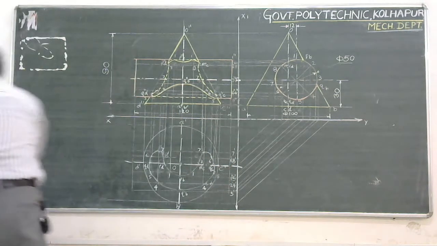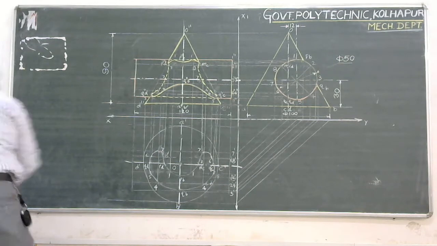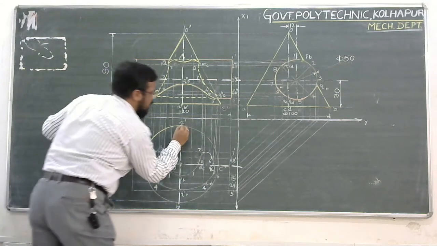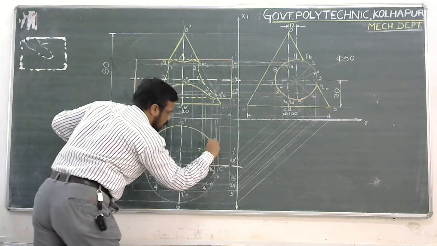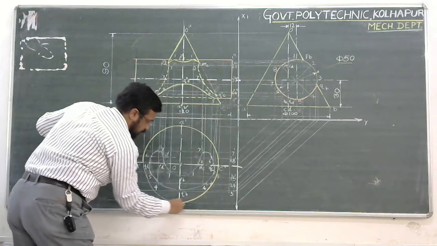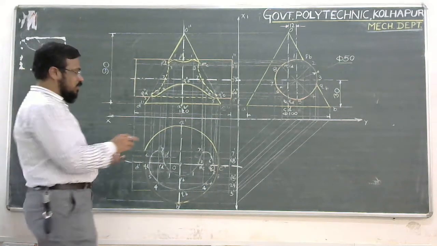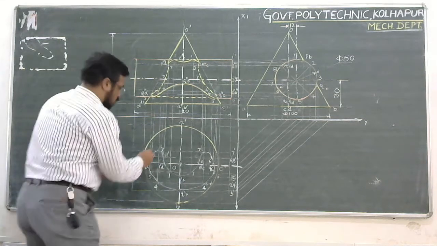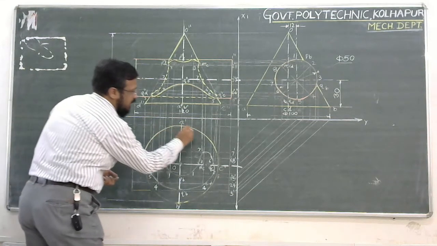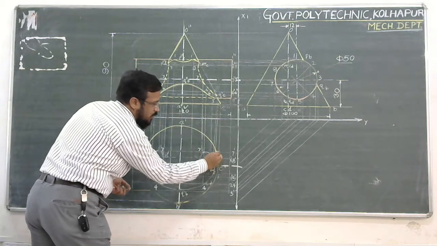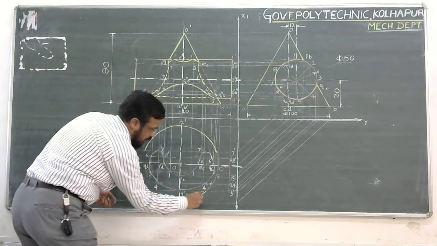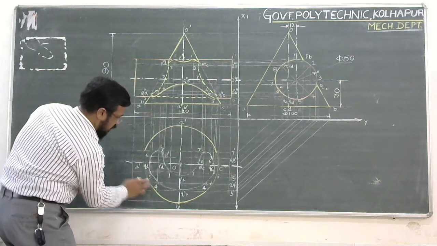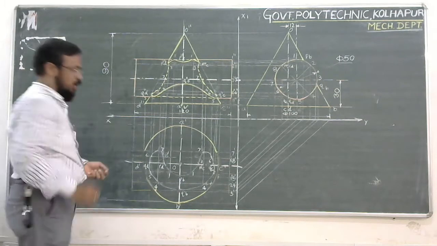Okay. Then the top view of the cone is in the form of a circle that is clearly visible. Applying a similar visibility concept to the top view, the portion of the cone outside of this cylinder, from this surface to this surface, will be visible. Again, here over the cylinder it ends, so it will take the form of a continuous line. Sorry, it will limit up to here.